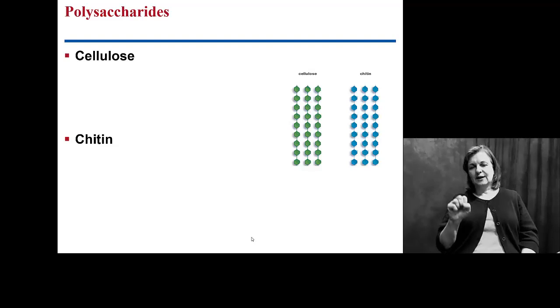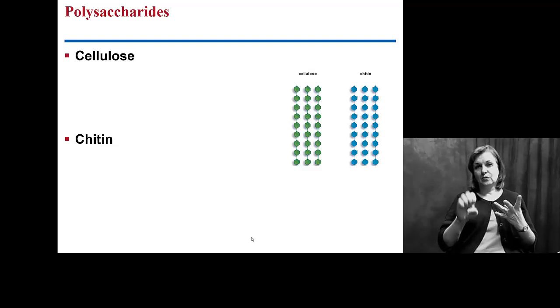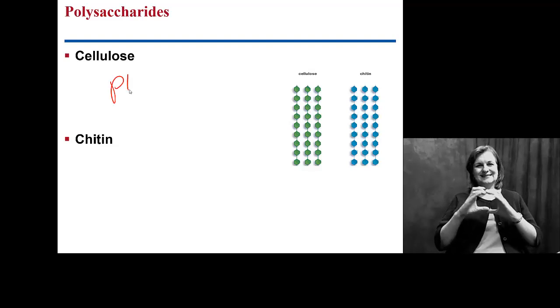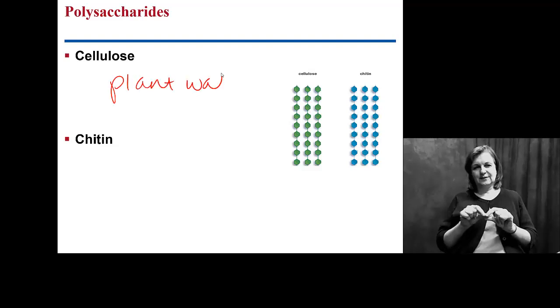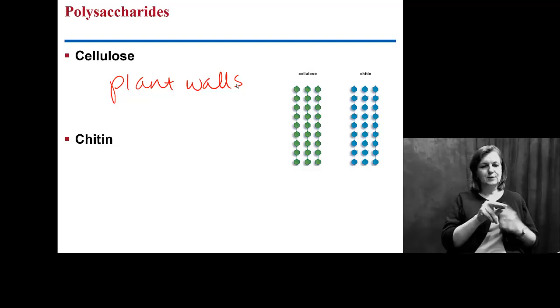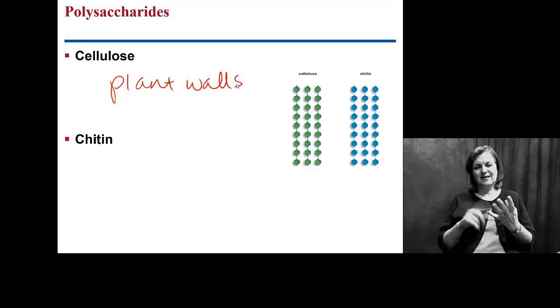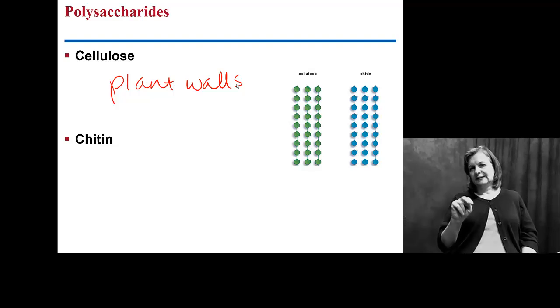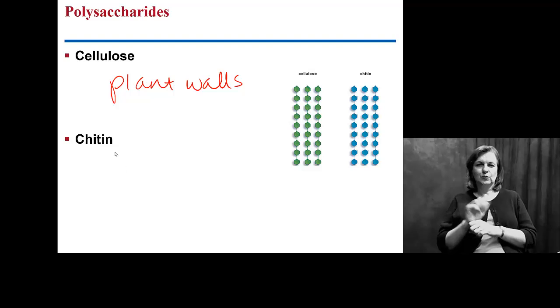Structural polysaccharides, I said, were the cellulose and the chitin. The cellulose we actually see in plant walls. This is important for support of the plant. Again, it's a polymer. You see that? Many monomers stuck together. Chitin, this is actually the structural sugar that is used to build exoskeletons